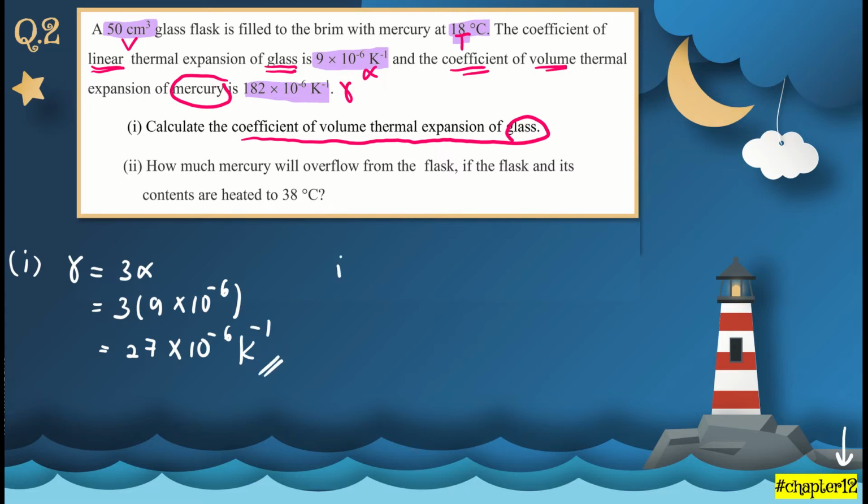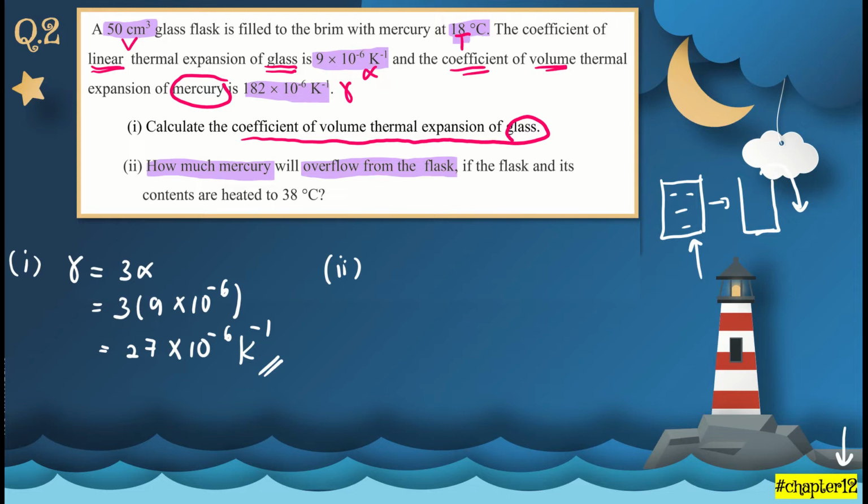Okay, and for the second question, we need to calculate the amount of mercury that overflows from the flask. Please note that when we heat up a flask with mercury, both the mercury and the flask expand, meaning that there will be an overflow of liquid, or the mercury in this case. So to find how much mercury overflows from the flask if the flask and its contents are heated to 38 degrees Celsius,